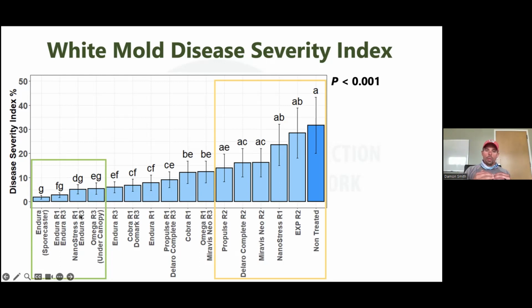So remember, the spores go up and kind of hit the bottom of the soybean canopy, and then they're kind of redispersed in the center part and the lower part of the stems. And so the idea here is that late R3, if we can actually put the fungicide on in kind of the middle part of the plant, we might boost efficacy. And you can actually see that a little bit there with Omega. If you put Omega on over the top, it tends to drift out down here in the middle of the pack a little bit. Anything in the gold box here, this is not statistically different from the non-treated control.